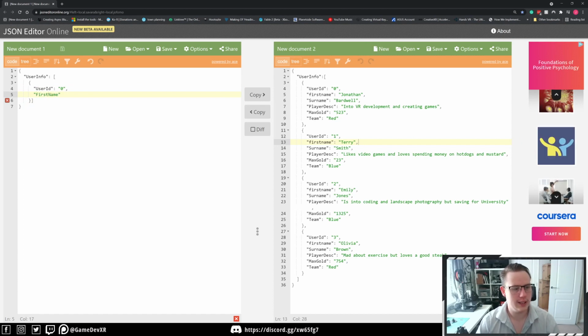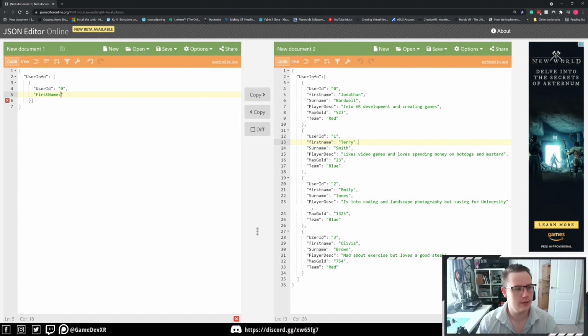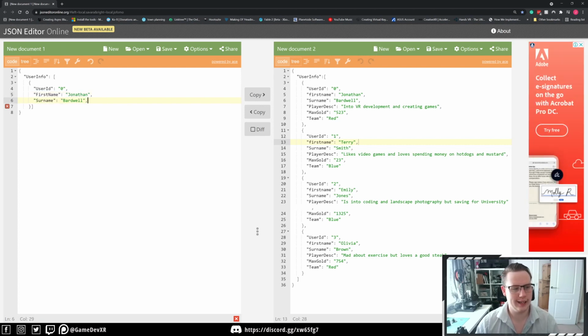So first name, colon, and then if we make sure the colon is after information, then we can add our name. So Jonathan, and then go from there. So you can see as we go through it, we're just making sure that we're adding the necessary information. So it's all about the syntax and the order that it goes in. But other than that, you're pretty much good to go. So if we just keep going, surname, and then we're going to make sure we end each line with a comma. So rather than go through and type all this in, I'm just going to copy and paste this